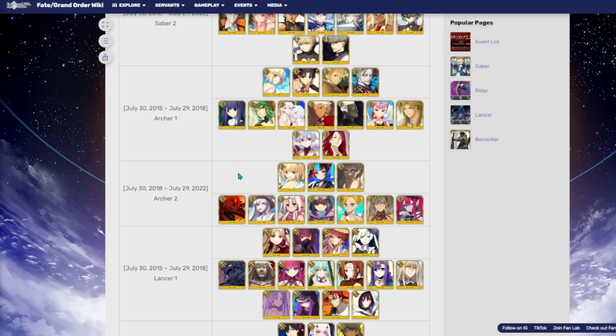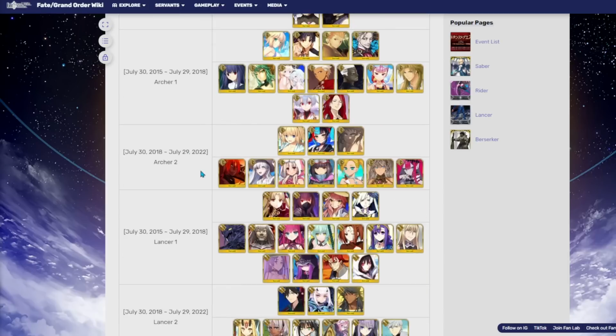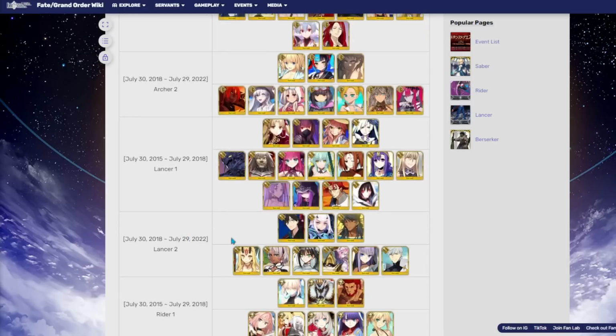Ash Vitamin over here just absolutely crushes everybody he comes into contact with. He's still an absolutely phenomenal servant. And then Anastasia, again, also a very powerful servant as well. This is just generally a very good value banner, but I would argue there are those that have better value. Specifically looking at this Lancer banner right here, because instead of these 3, you have, more aptly,